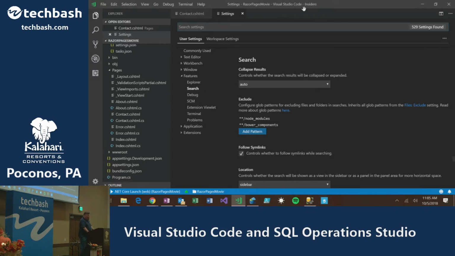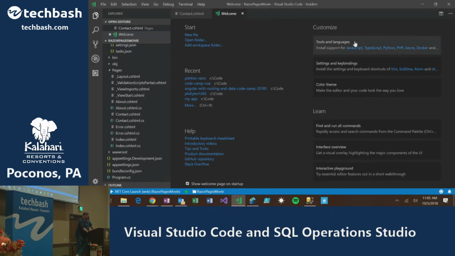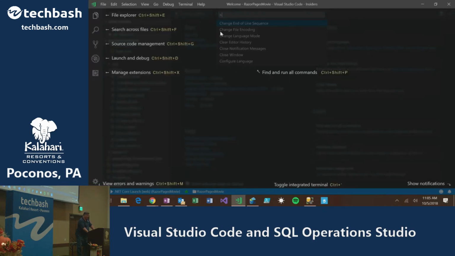So a little bit about the interface here, and especially Visual Studio Code, they have under the help menu a welcome page. And the welcome page is interesting because it has a bunch of buttons on it, and it lets you do things like create files, open folders, and things like that. But what I like is that they have this thing called the interface overview. And when you do that, it actually highlights a bunch of the areas on the screen and shows you the different keystrokes.